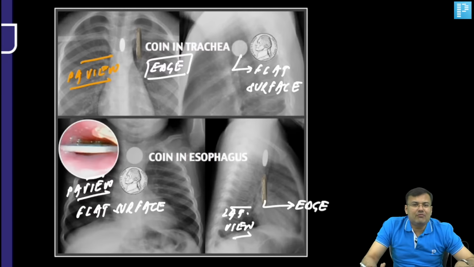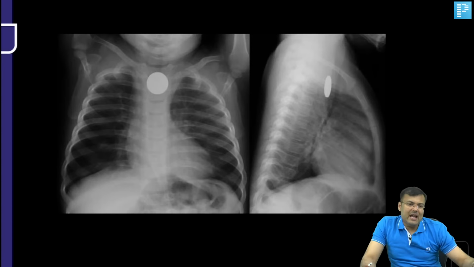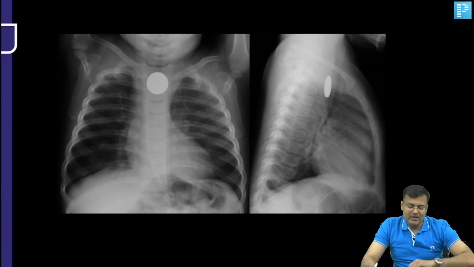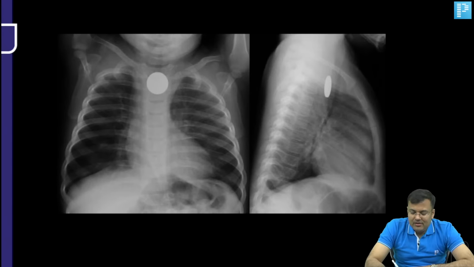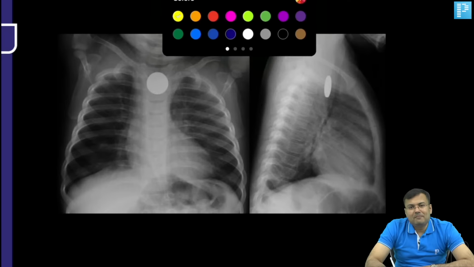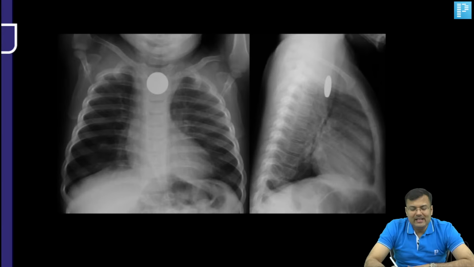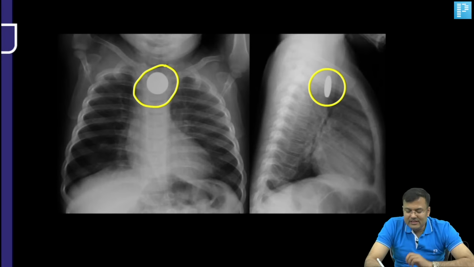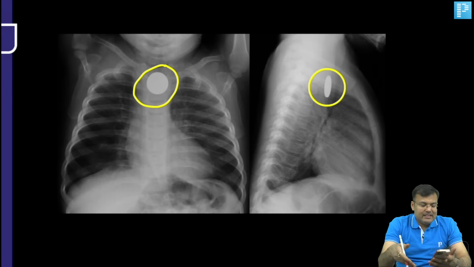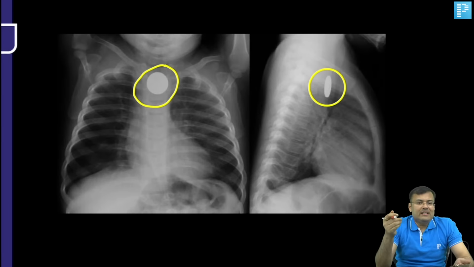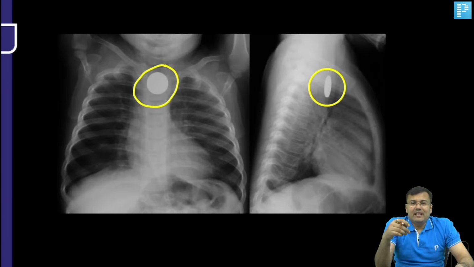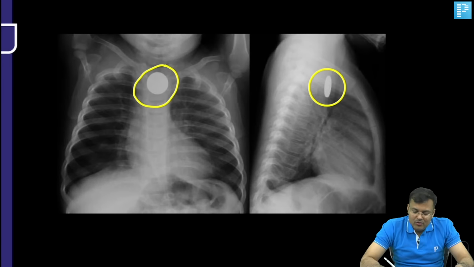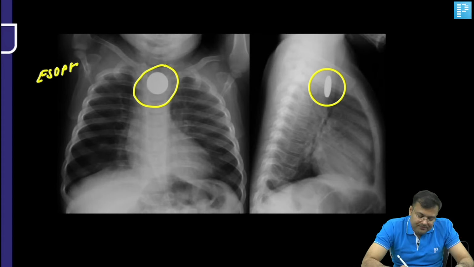Now, see the question which is asked in exam. The chances of this question coming are very high. You can see this is the patient in which the coin is there on X-ray. Guys, tell me, where is the coin? This is PA view. This is lateral view. This is the question which is asked in exam. So, all of you know the coin is there in the esophagus. Clear? Okay. Next,